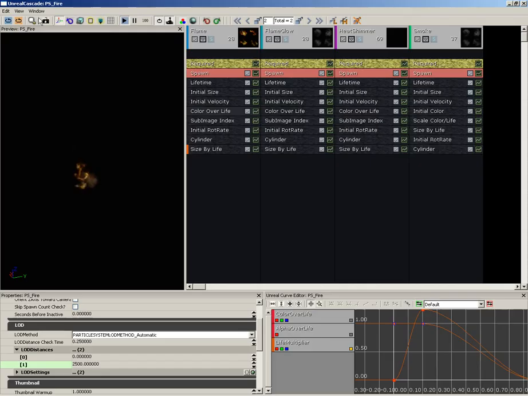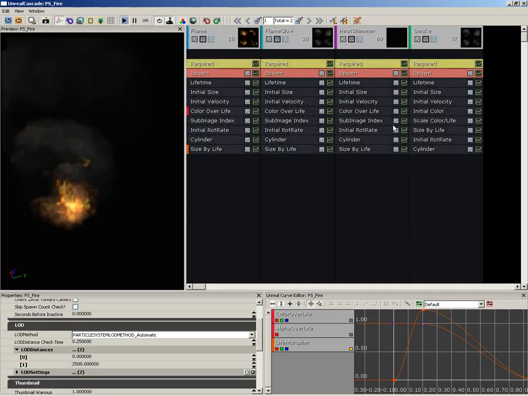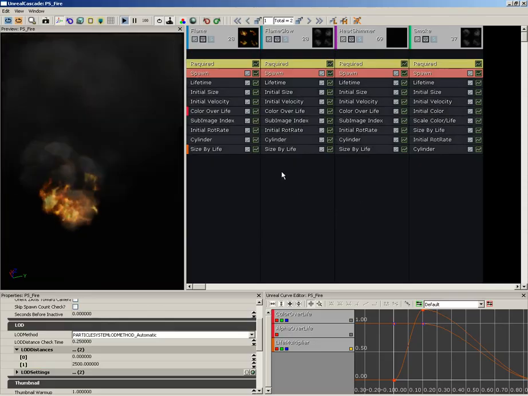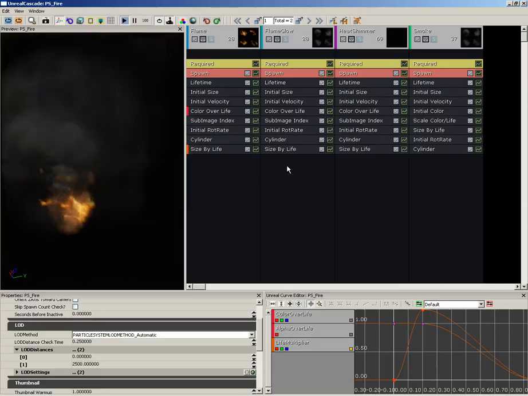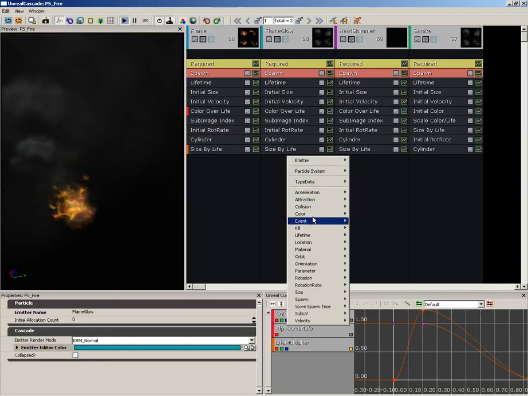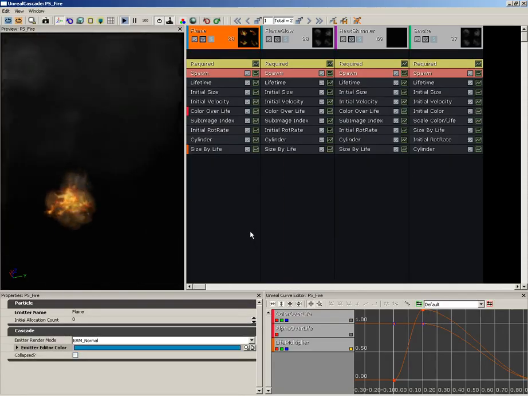Now, overall, that's a look at the bulk of our user interface. So you've seen the toolbar, some stuff about the menu bar. We've taken a look at the preview window and how to navigate it. The emitter list, the easiest way to talk about this, aside from the fact that you're going to be adding all of your modules by right-clicking and choosing them from these sub-menus,